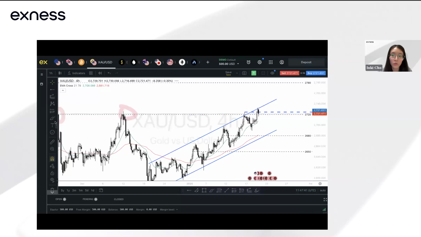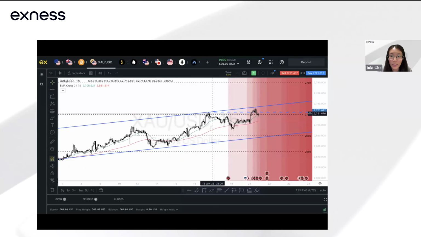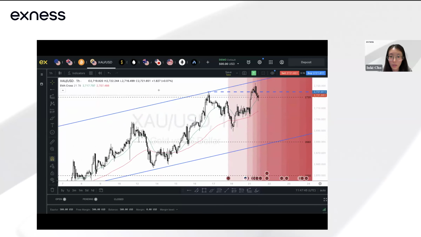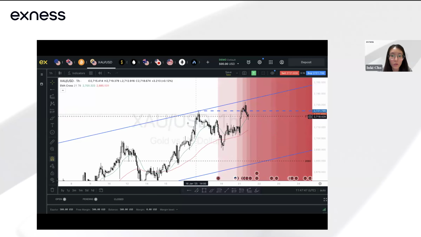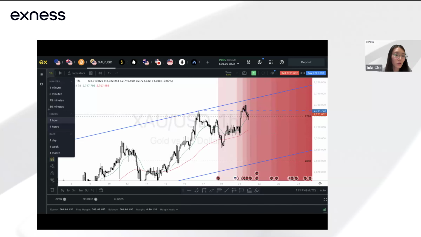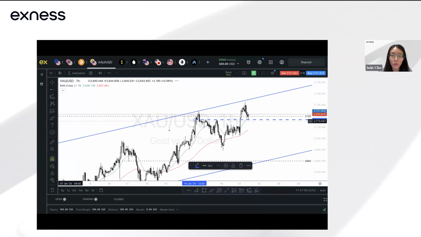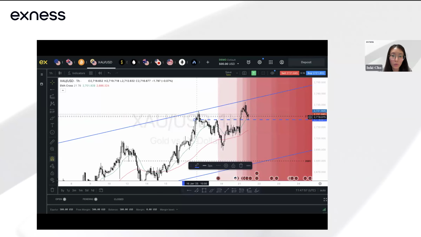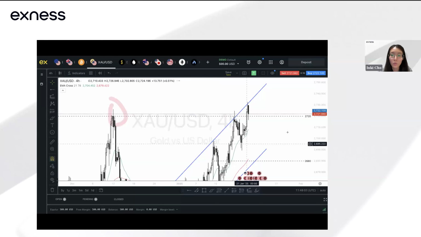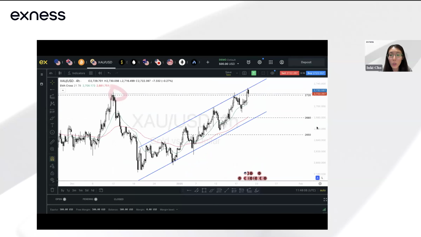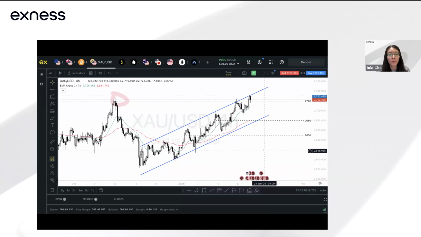Even if I were to shift it to the 1 hour time frame, you can see that the high doesn't change. But at the same time, if I were to change it just based on the opening and closing price, you can see on 4 hours, for example, if I change it to the closing price of this, and if I move down to the 1 hour time frame, you can see that the closing price might not be the same. So which is why I think when you're drawing the channel, for me personally, I would consider it with the wicks. Okay, I hope that answers your question.